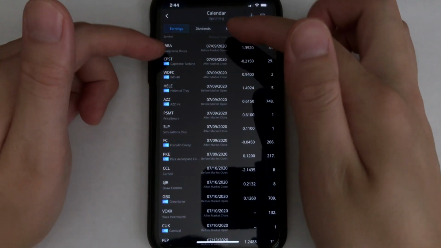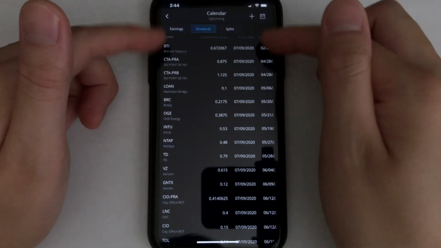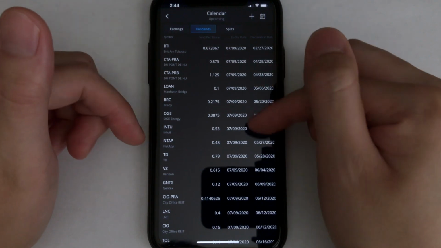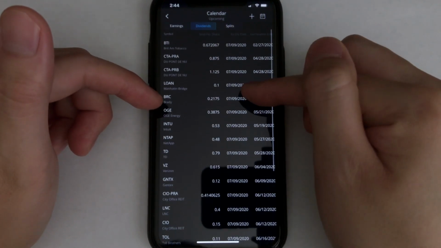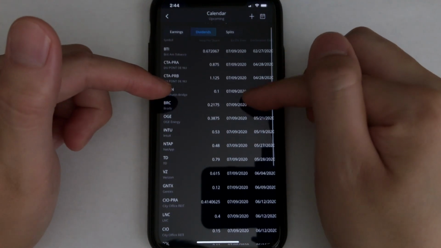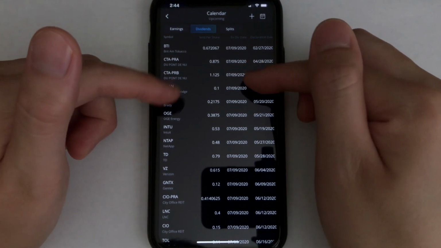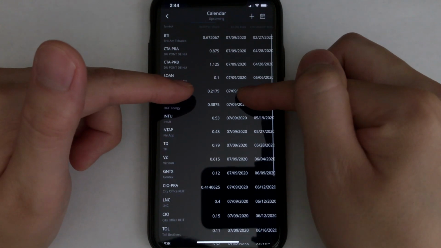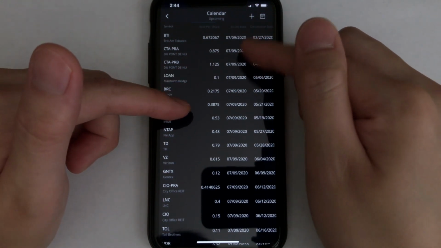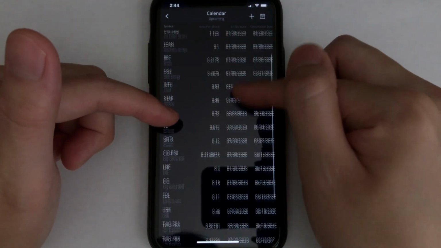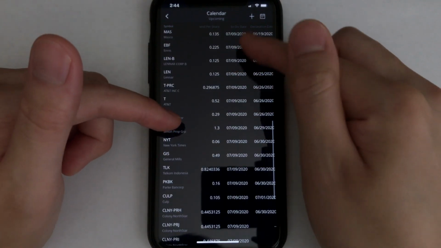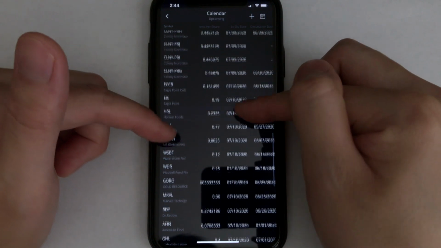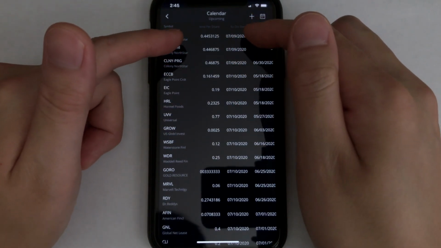And then let's see, dividends. This is where I kind of use this, because it shows you where you could get your ex-dividends. If you buy a stock before the ex-dividend date, you will get your dividends. So I checked. Today is the month of July. In the month of July, you can scroll all the way down. This is the ex-dividend date. If you buy before the ex-dividend date, you'll get the dividend,